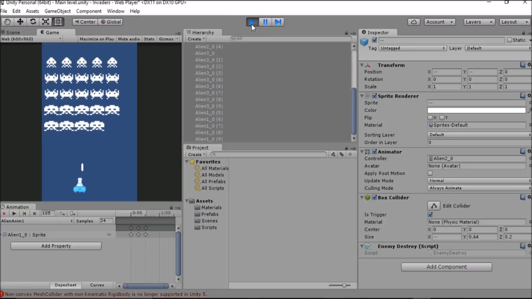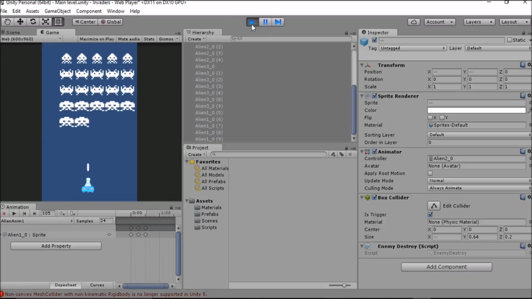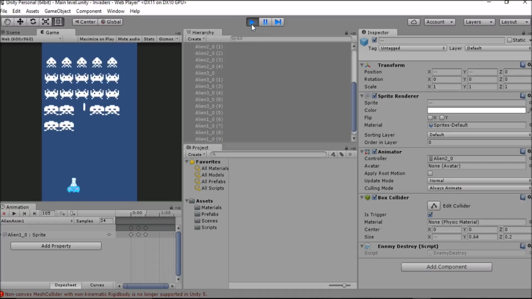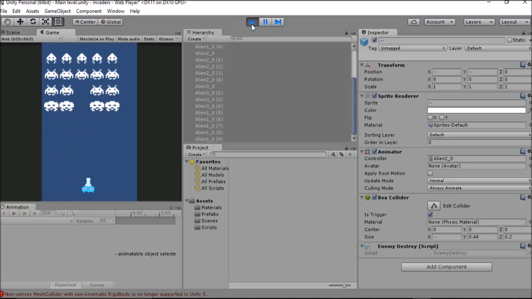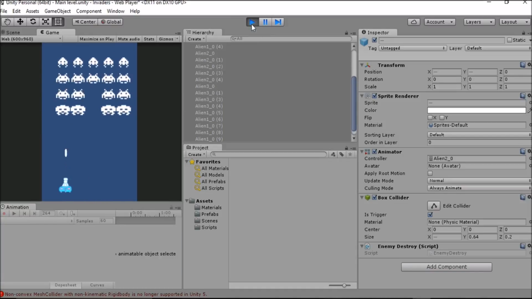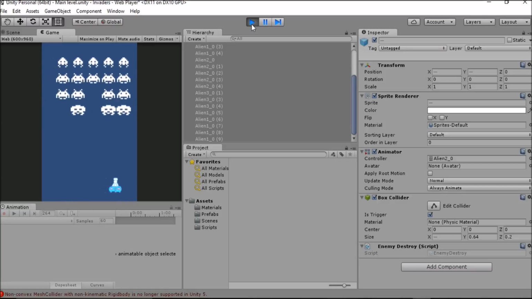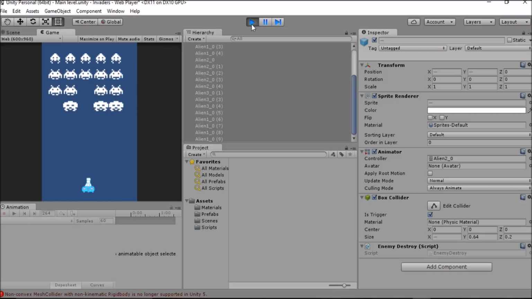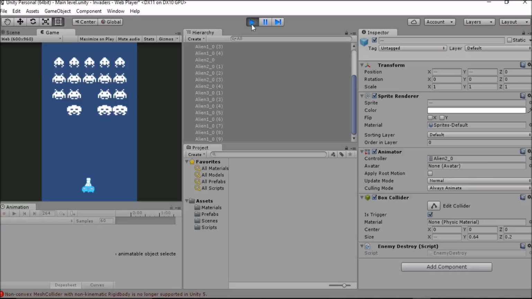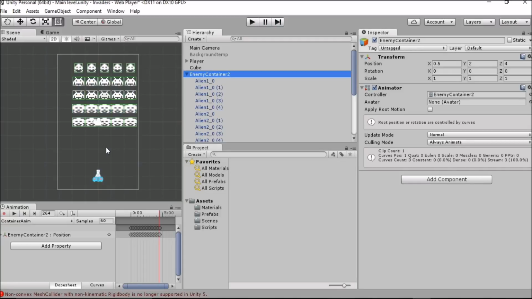Okay, so as you can see, all of the enemies are animating as intended, and they're moving around in their idle animations as they have a uniform motion, which is what we wanted. We don't have the barrier set up, but we know that those work already. And the next thing that we want to do, of course, is to get our enemies actually shooting at us and becoming a hazard. But before I close up the tutorial, one thing that we still need to consider is